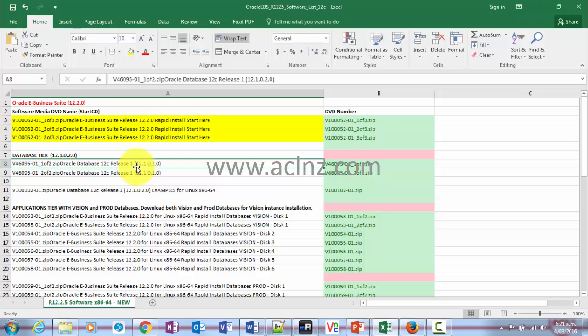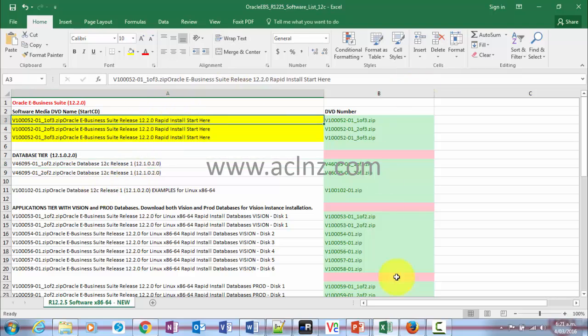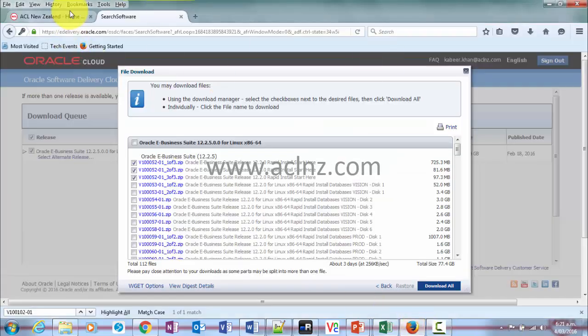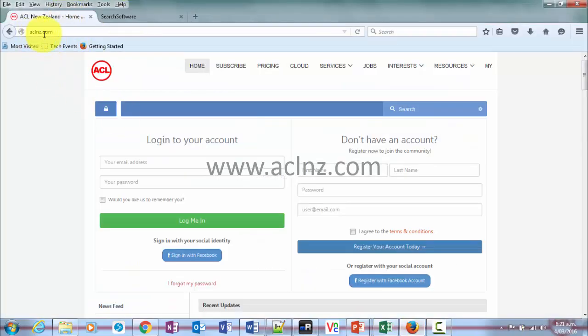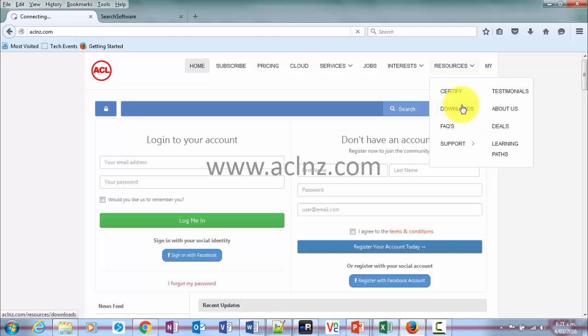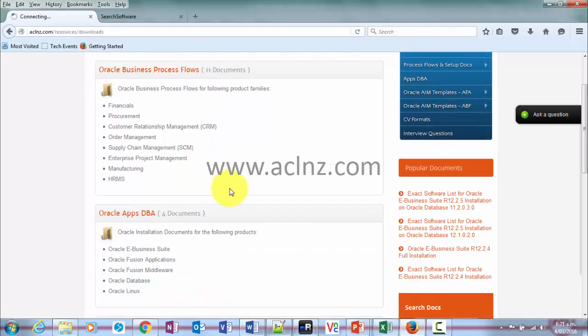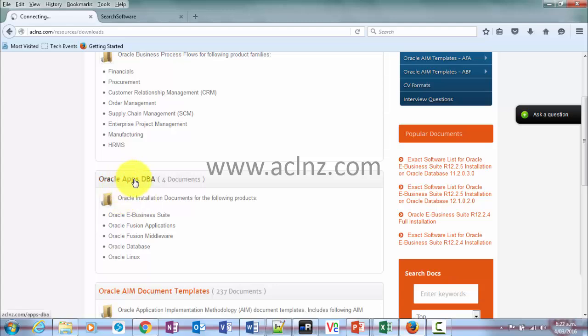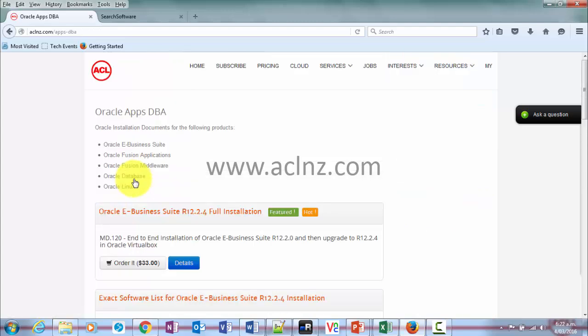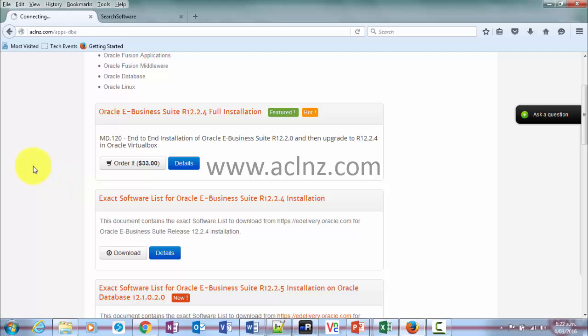Now the next question is, where do I find this Excel file? Where can I download it from? So it's on our website, which is www.aclnz.com. Within that, you can simply go to resources and hit the downloads link, and within that link you scroll down to Oracle Apps DBA related documents, and there I have listed the files for,